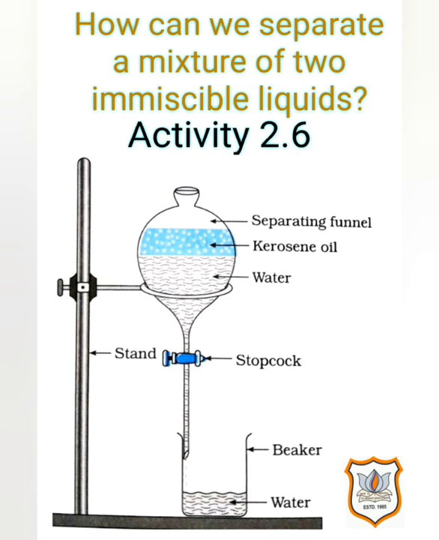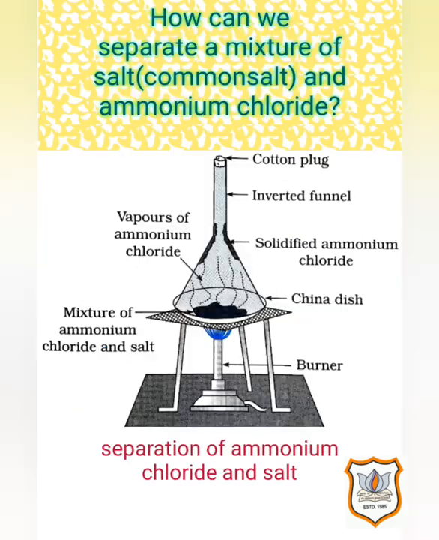Applications here: to separate a mixture of immiscible liquids, a separating funnel is used. Then in the extraction of iron from its ore, the lighter slag is removed from the top by this method to leave molten iron at the bottom in the furnace. The principle is that immiscible liquids separate out in layers depending on their densities.